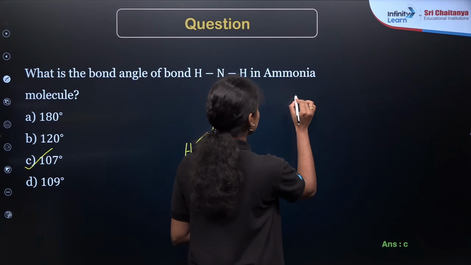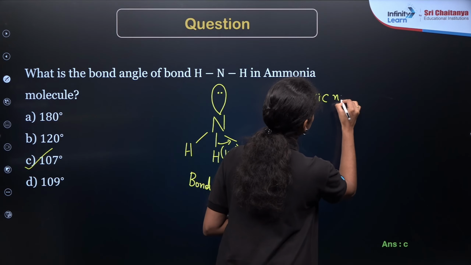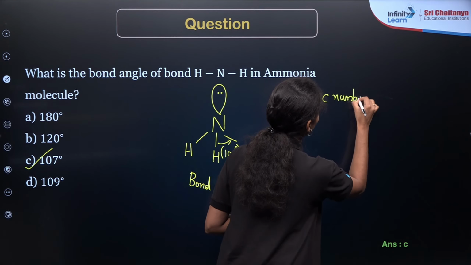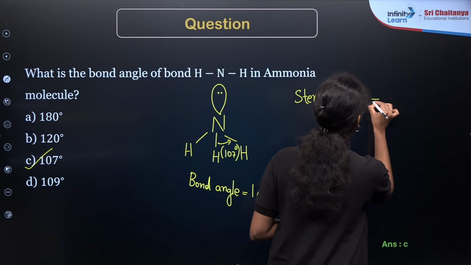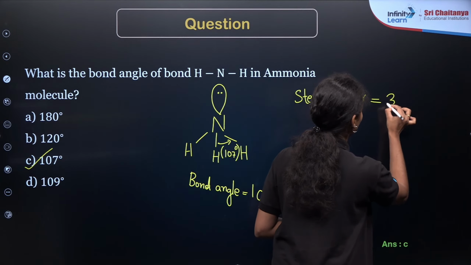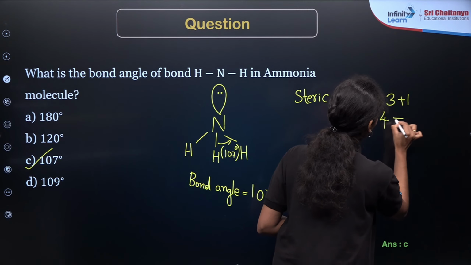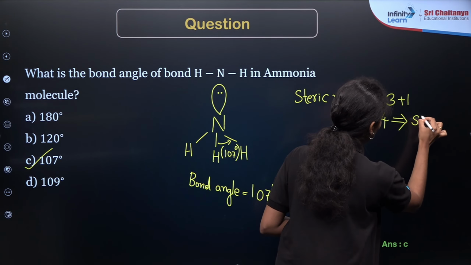So we have already studied the steric number concept, right? How to find out the steric number? That is equal to the sum of sigma bonds plus the number of lone pairs. So here the total number of sigma bonds is equal to 1, 2, 3. So 3 plus 1 lone pair, so 3 plus 1 is equal to 4. If you are getting the steric number equal to 4, you can identify that the hybridization will be sp3